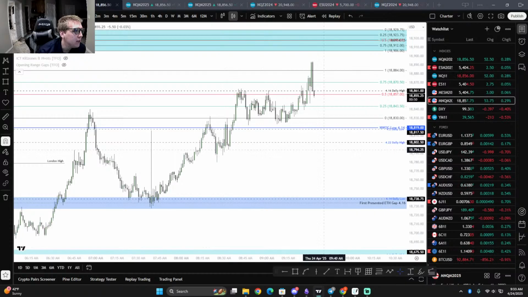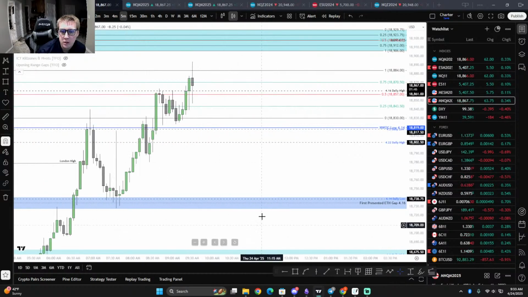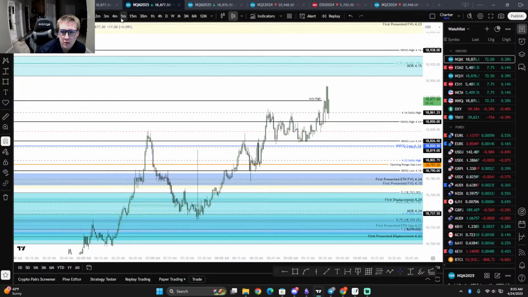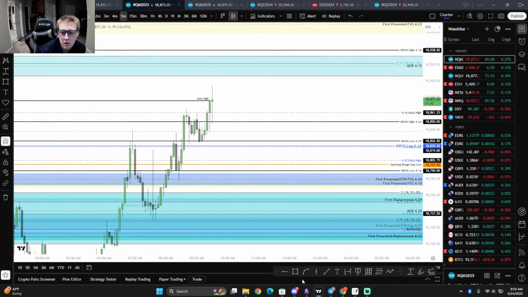Look on the 5-minute chart. We're just above the 5-minute buy side imbalance here. So I want to see if we... Let me get back over to this chart. This to be used as discount as it is. We didn't touch it here, but now let's see if we expand.